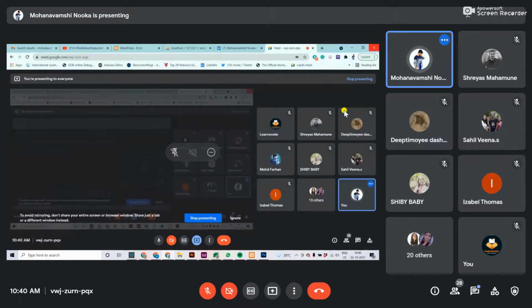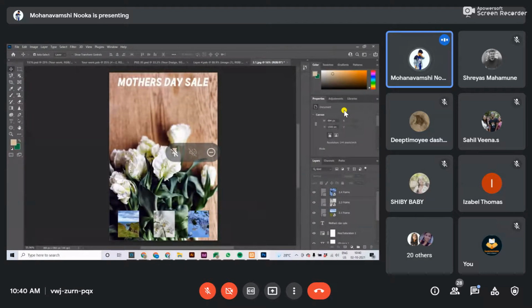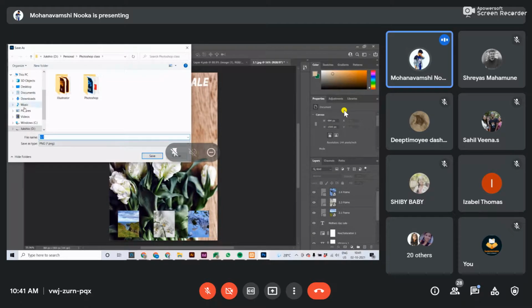Let me say another point in Photoshop. For example, I want to export this artboard. We can't show this image directly to the clients, or post directly on Instagram. So what we do is File, Export, Quick Export as PNG, for example to Downloads.